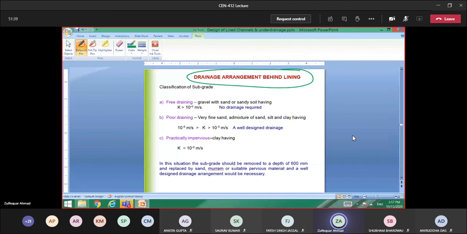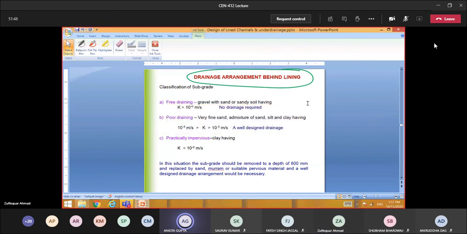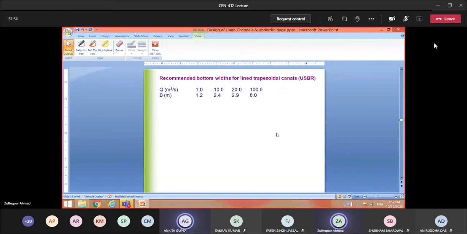Okay, thank you. Sir, do we have to learn all these values, or will they be given in the exam? Which one? Sir, all values for velocity, freeboard, and I think